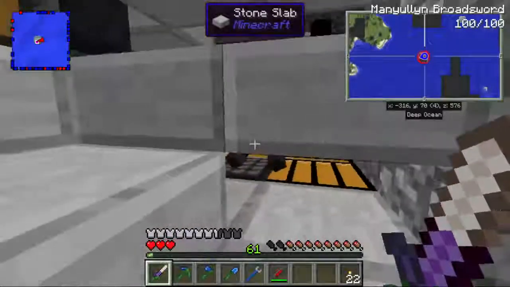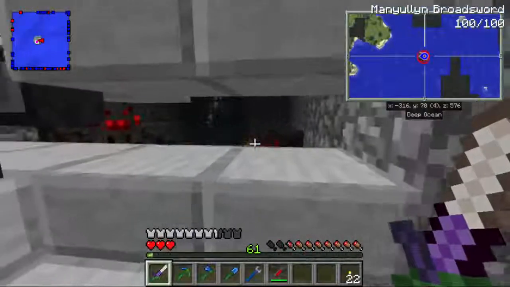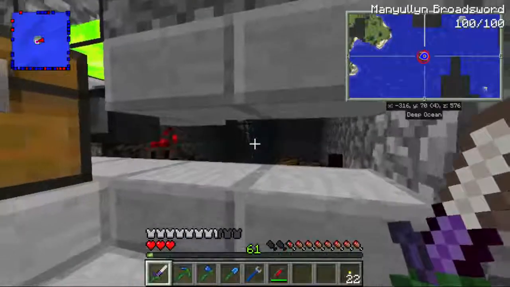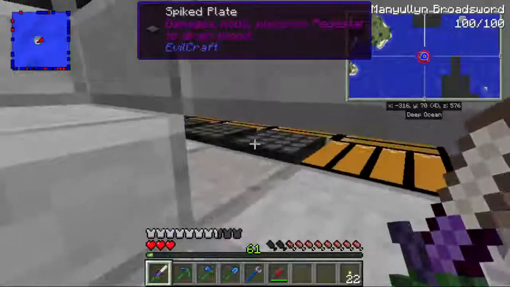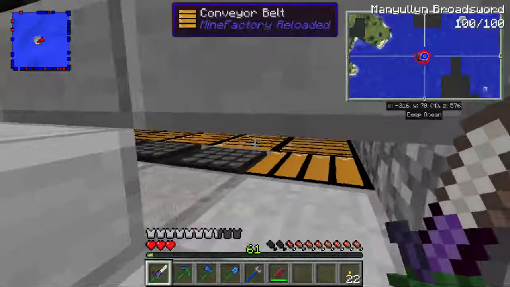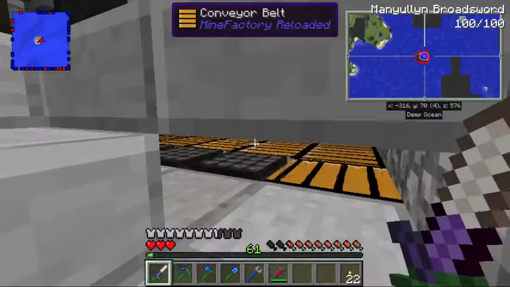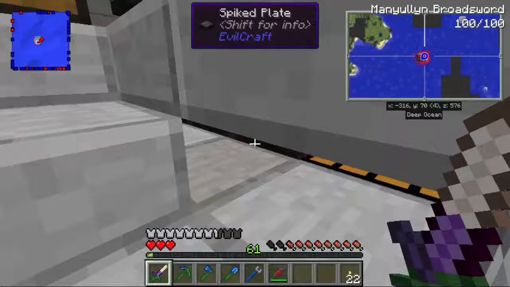I'll have to do a little bit of a redesign on this because the spiders are getting stuck partway in the walls and not hitting the conveyor belts. But the idea is they spawn on the conveyor belts, get pushed this way, and I have 3 spiked plates from Evilcraft here. When mobs walk over those, they take damage, like that spider's doing. Good example. When they die, they actually drop experience and items, as though a player killed them, but they will not drop universal coins, and they will not drop,